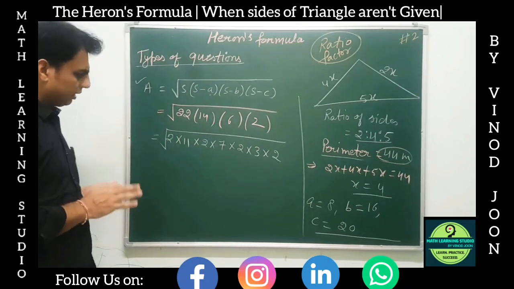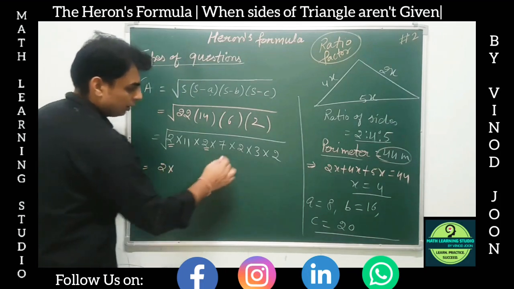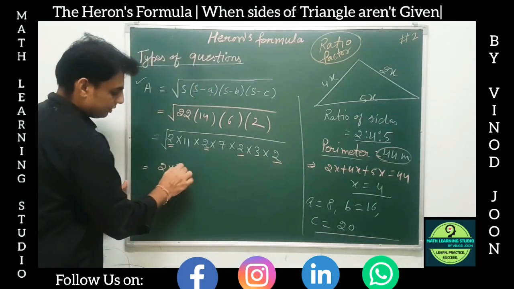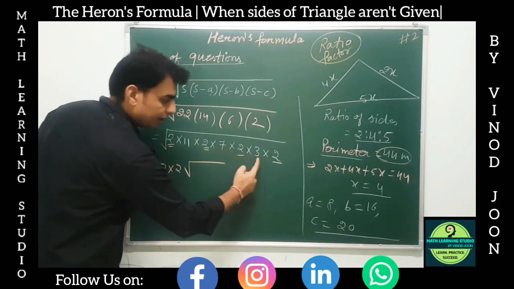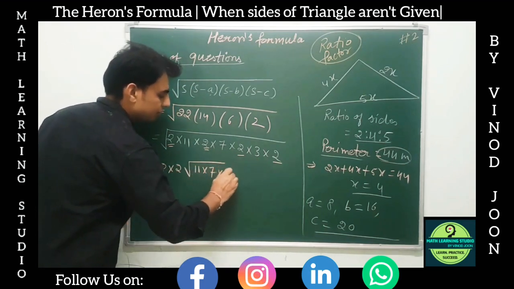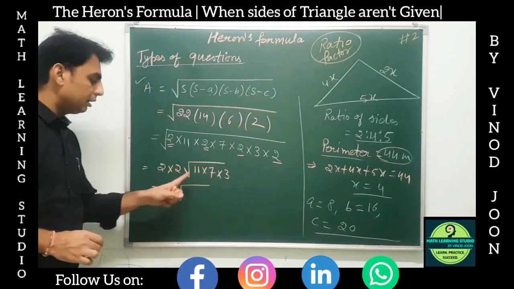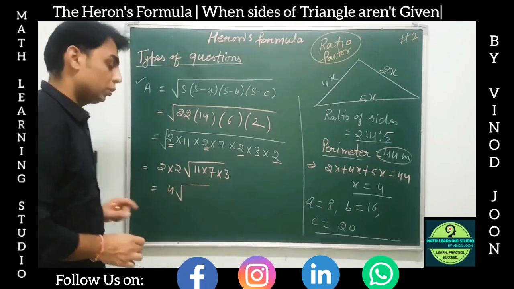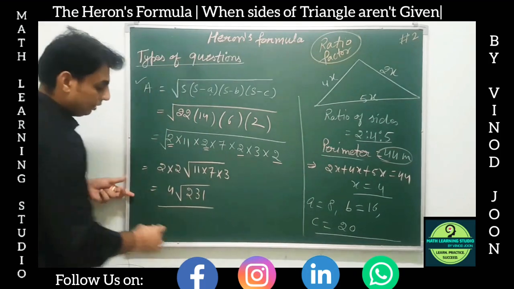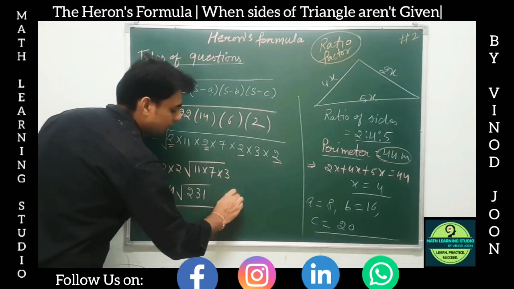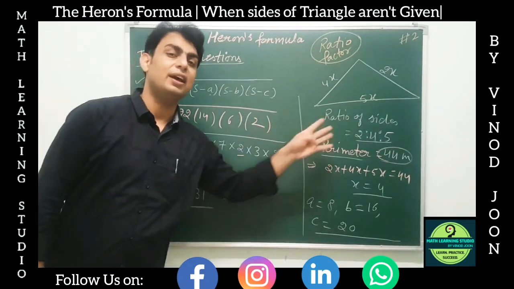अब यहाँ पर पेयर बहुत कम दिख रहे हैं लेकिन है फिर भी. वो क्या है देखो, 2 and 2 one pair means one 2 will come out. We can see there is one more pair of 2, that means one more 2 will come out and we cannot see any other pair. So 11 into 7 into 3 remains like that. 2 2s are 4, and under the root what we get? 11 into 7, 77 into 3 will be 231. So 4 into 231, 4 root 231 meter square is the area for this triangle. जिसमें sides नहीं, sides का ratio given था.